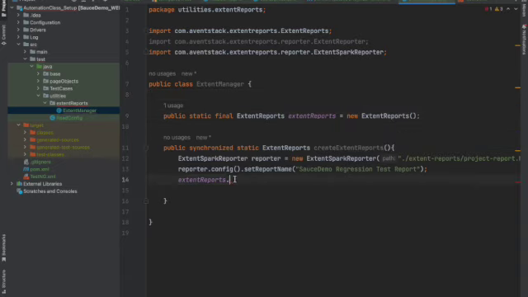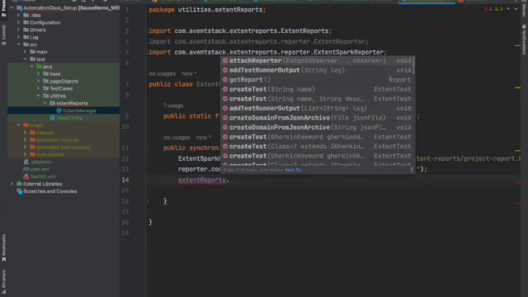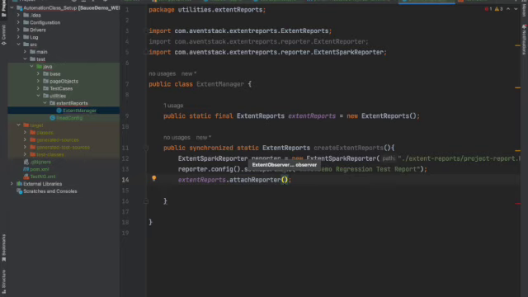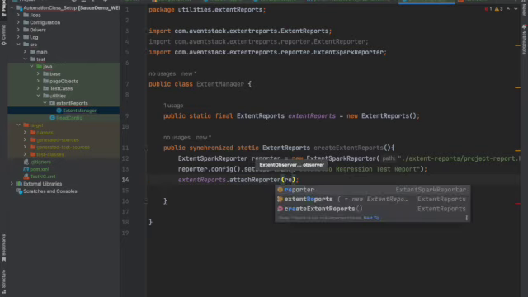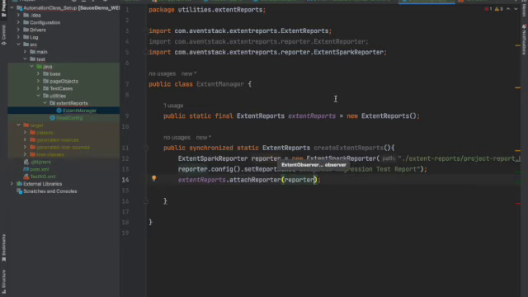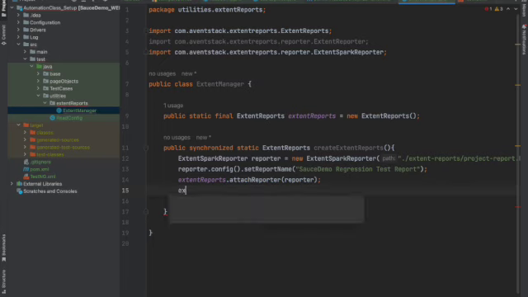So I have now dot attach reporter. Now say reporter, and then I will also say this same extent report instance dot